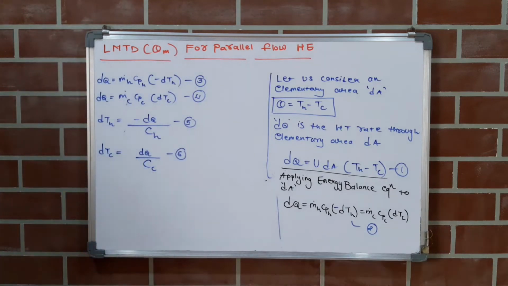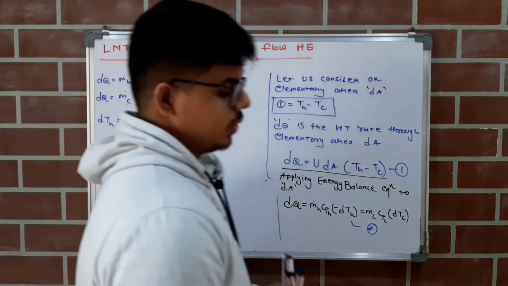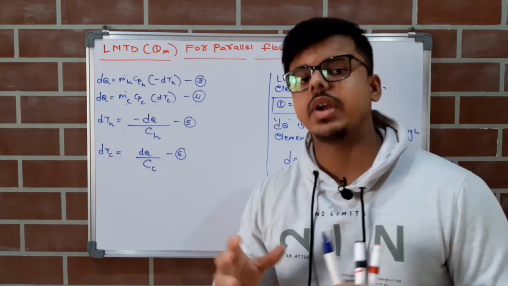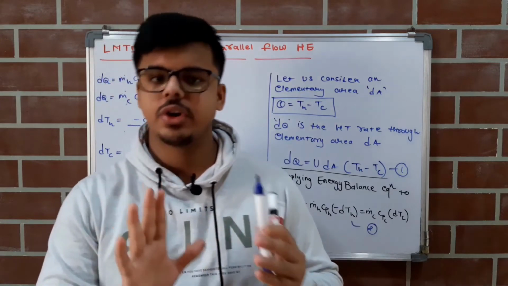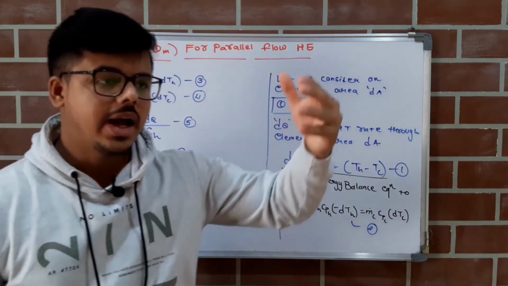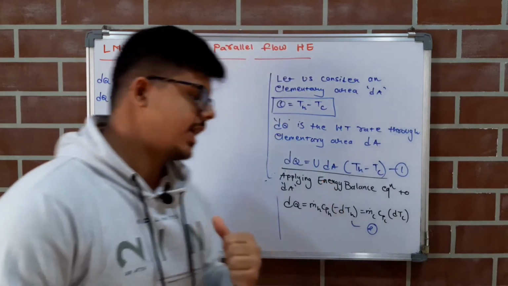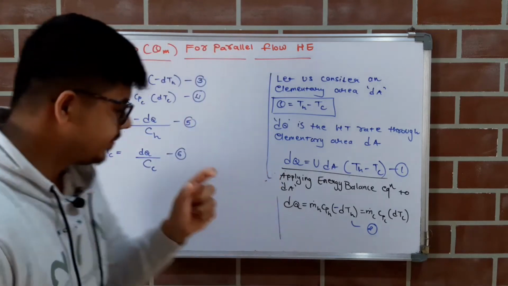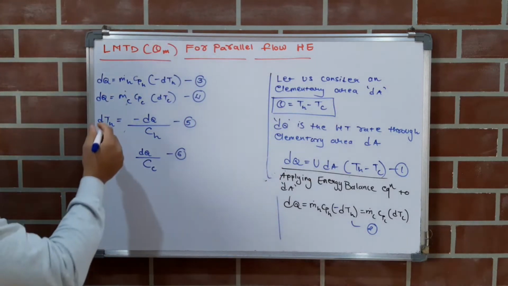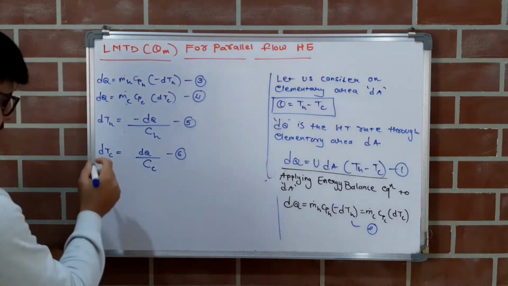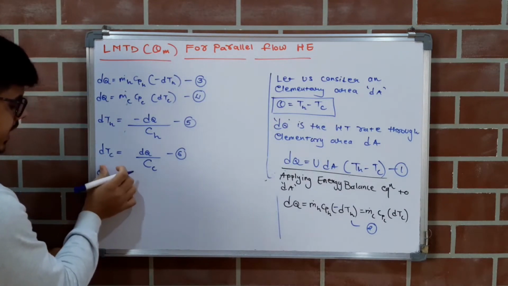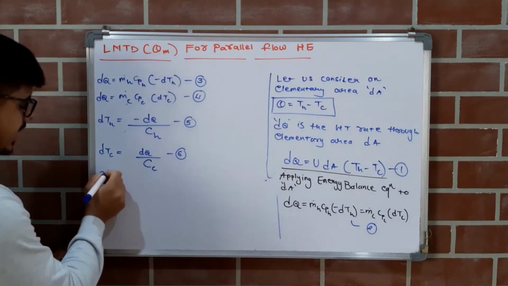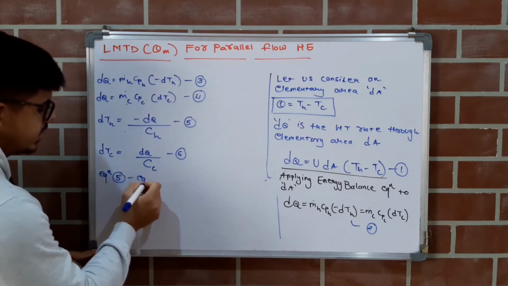Right? So what will be the next step? We want to find theta, and in our graph theta is the temperature difference. So how will we get theta? By subtracting some temperatures. So the next step will be to subtract these temperatures, and we will get a theta term. After getting the theta term, we will perform some steps. First we will subtract the above temperatures, that is, subtract equation 6 from equation 5. So I will write directly equation 5 minus equation 6.